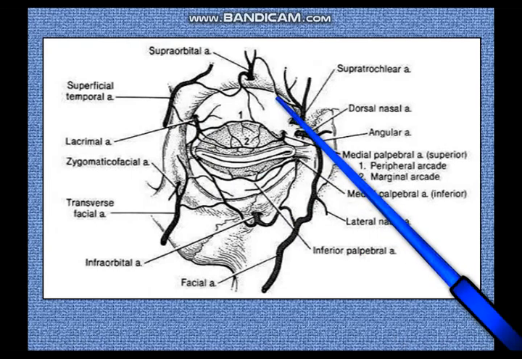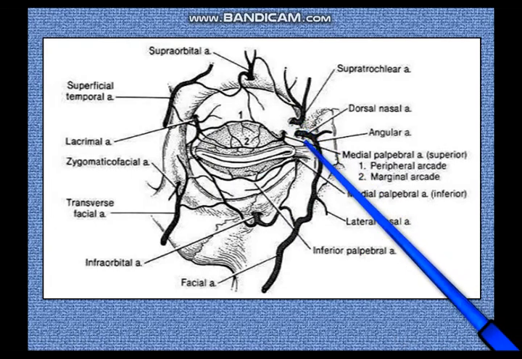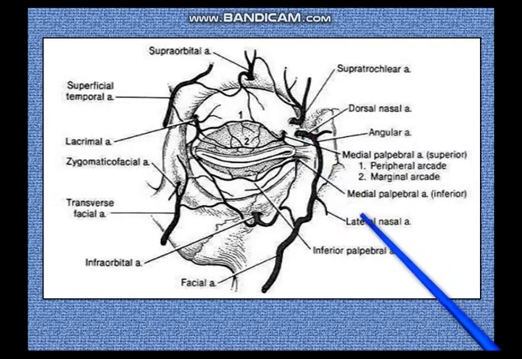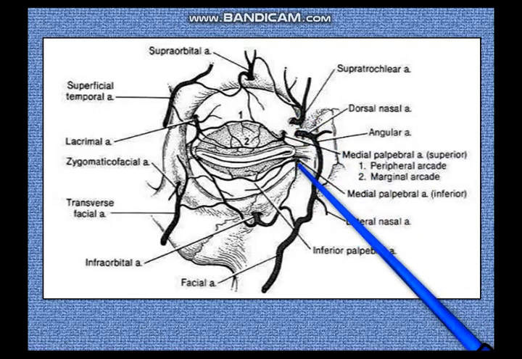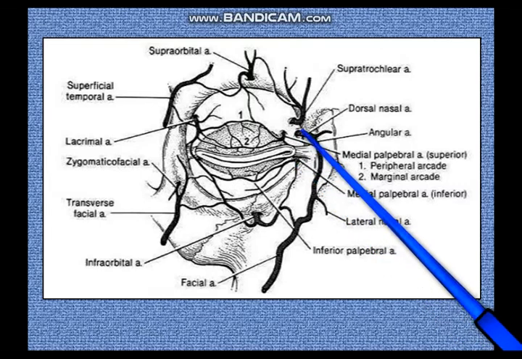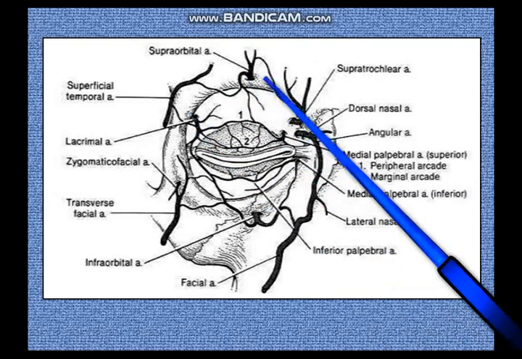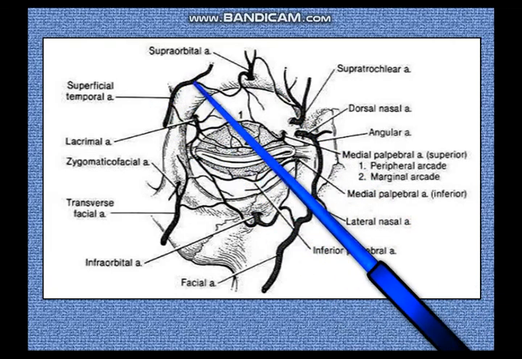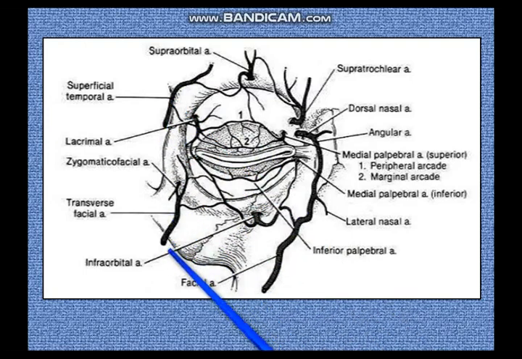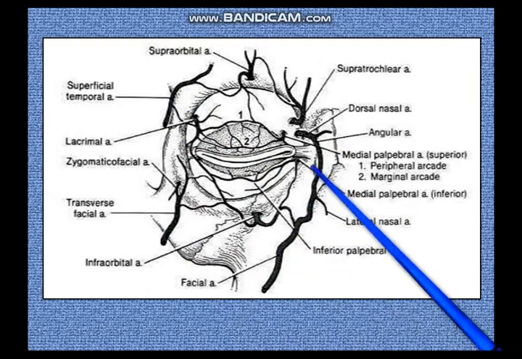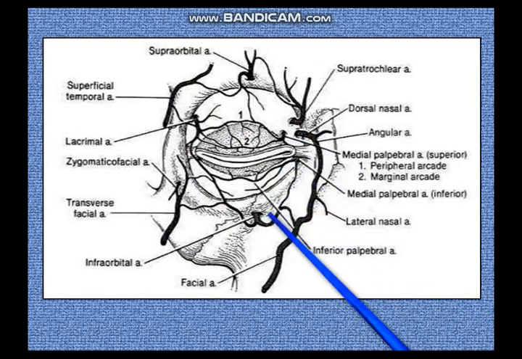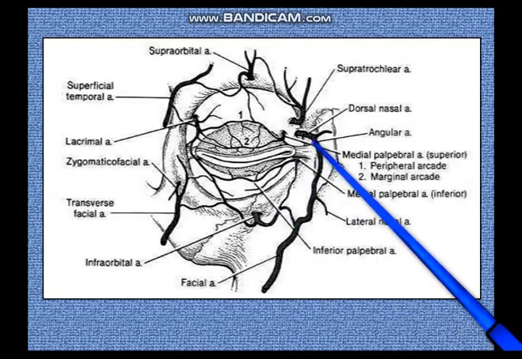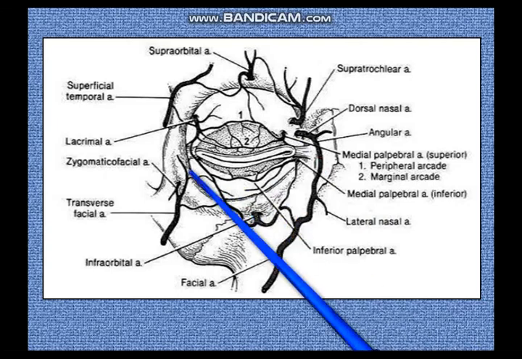So mostly you have the terminal branches of the ophthalmic artery in the upper eyelid. You have the supraorbital, supratrochlear, you have the infratrochlear also, a small infratrochlear artery is there, and you have the dorsal nasal artery and the lacrimal artery. These are all branches of the ophthalmic artery. Now this is supplemented by branches from the superficial temporal artery from the side, transverse facial artery from the side, and the facial artery coming up medially between the nose and the eyes. So between the nose and the orbit you have the ascending facial artery.